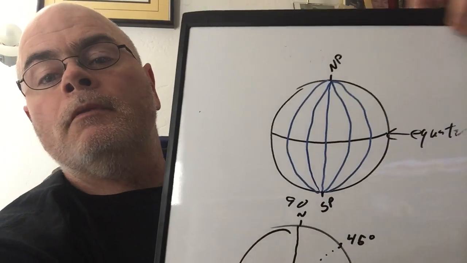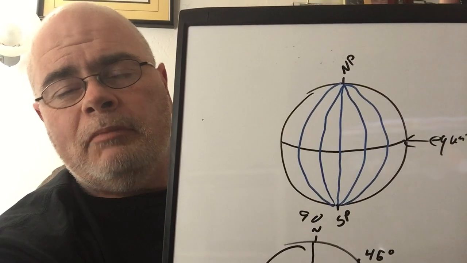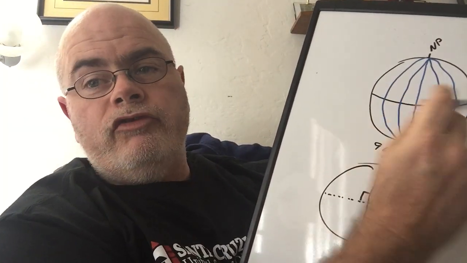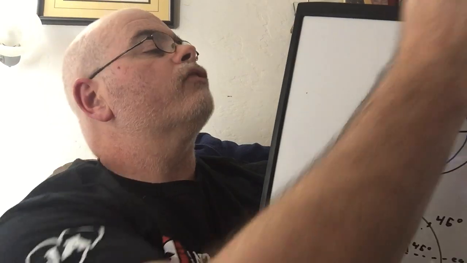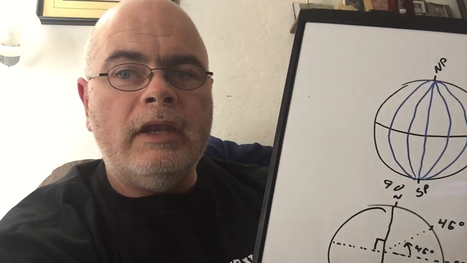Like that. Where it kind of looks like a basketball. Kind of. Not really, but kind of. Okay? So these would be lines of longitude. Now, the interesting thing about the Earth in terms of its geometry is that the shortest distance between any 2